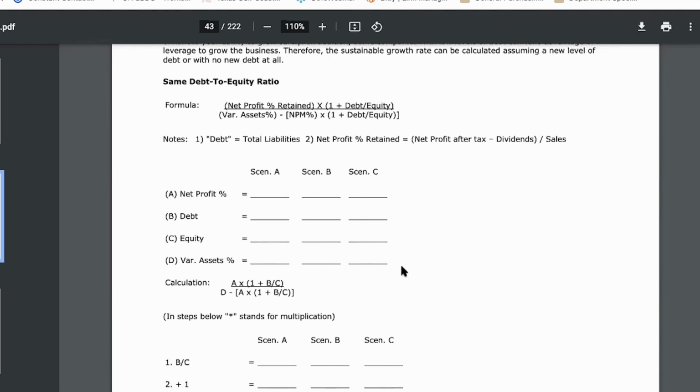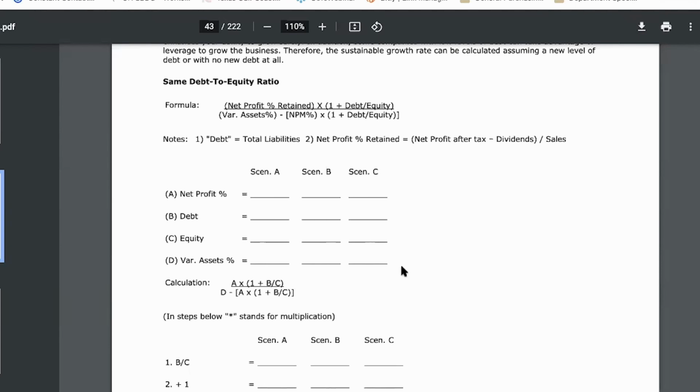We would get that from the income statement. Net profit percentage essentially is, if my company has $100 in sales and $10 in net profit, my net profit percentage would be 10%, right? 10 divided by 100. So number 1, we need to know what is our net profit percentage currently, again, as a percentage. Secondly, we need to know what is our